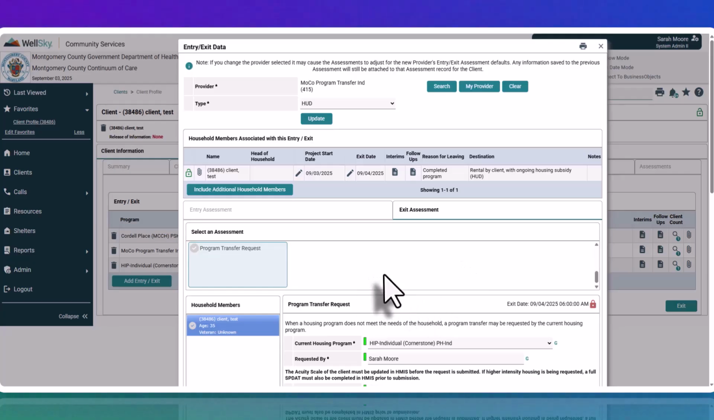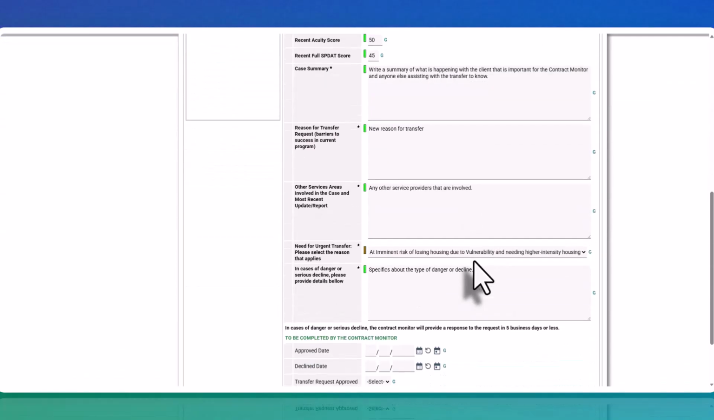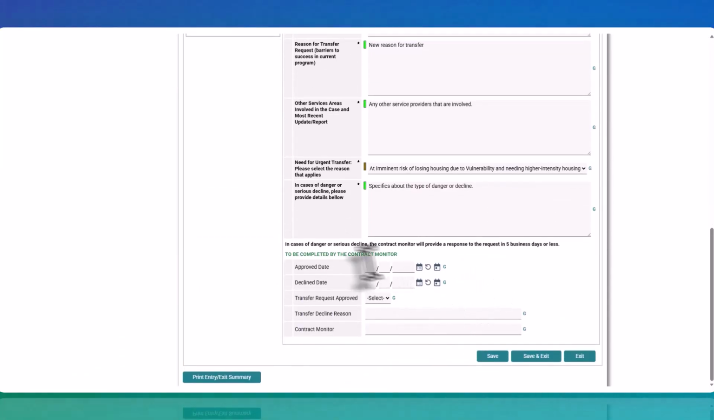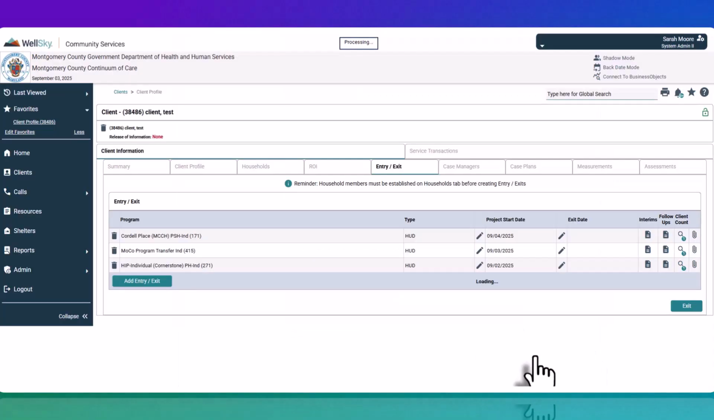The program transfer requests will pop up, and you can scroll and see if there's any of these items that need the exit assessment, anything that needs to be updated. Probably not, so you can go ahead and scroll down to the bottom. Obviously, if this was a real approved transfer request, the contract monitor would have gone in and filled all of that out. So you're just going to hit save and exit,